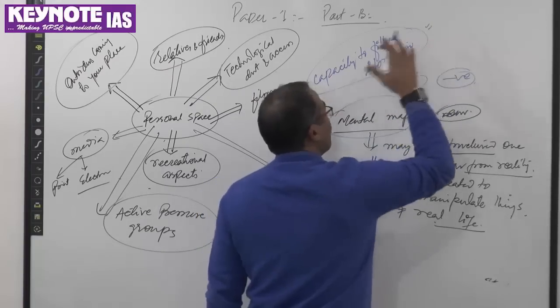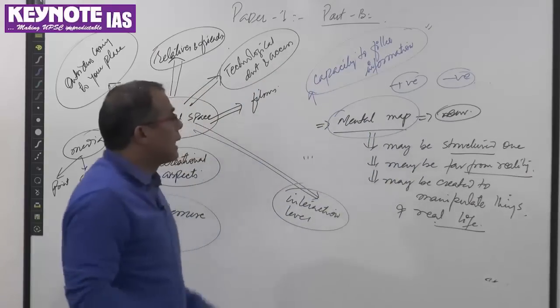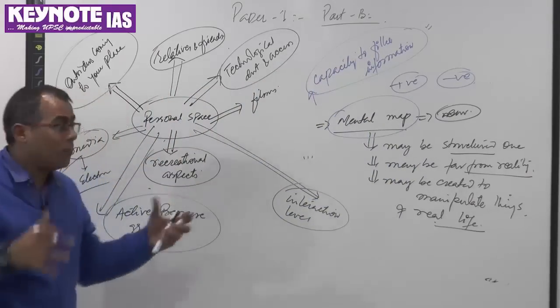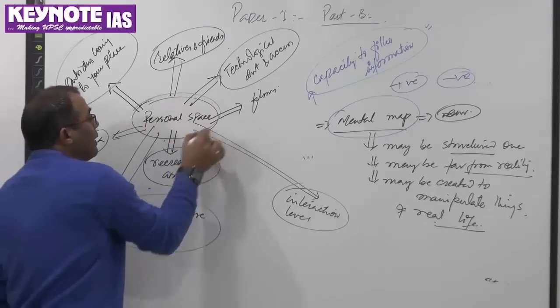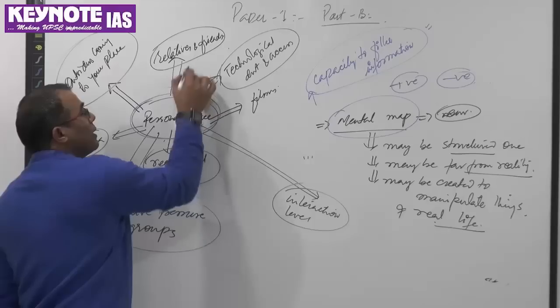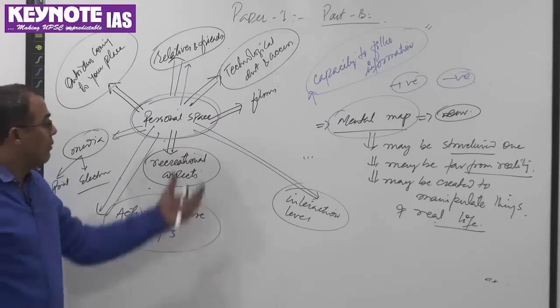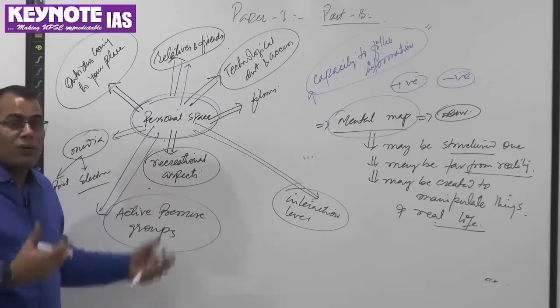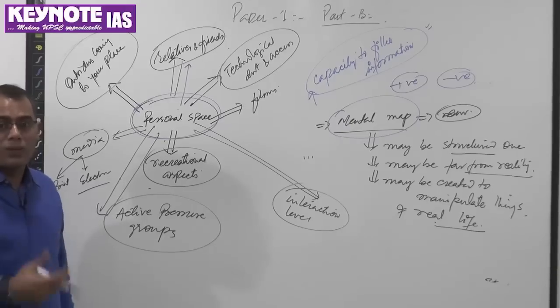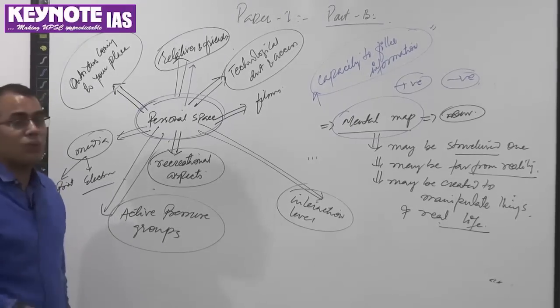What is the level of your intellect capacity, your surroundings, your upbringing? That is primarily determined by personal space and this aspect. That's what you call upbringing. And then when you interact, what is the level of your introvertness or extrovertness? If you are very extrovert,